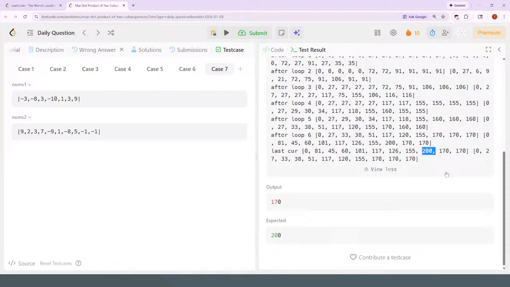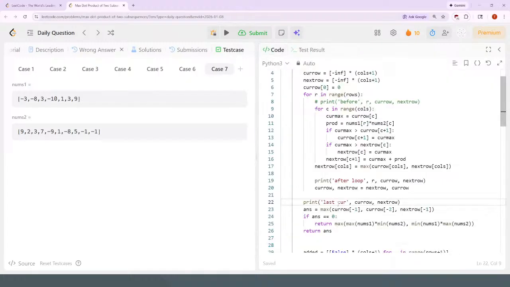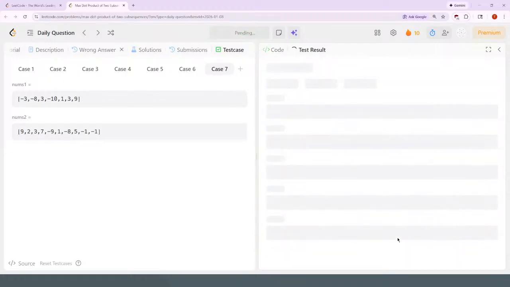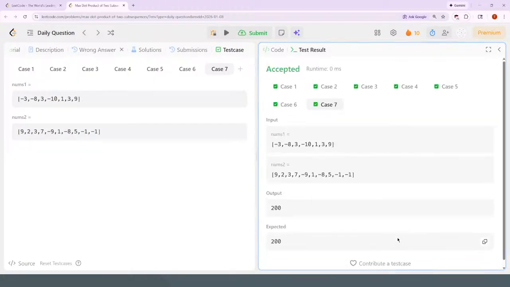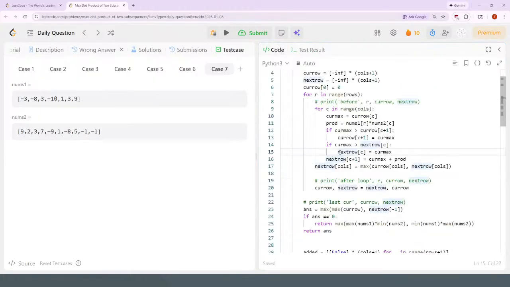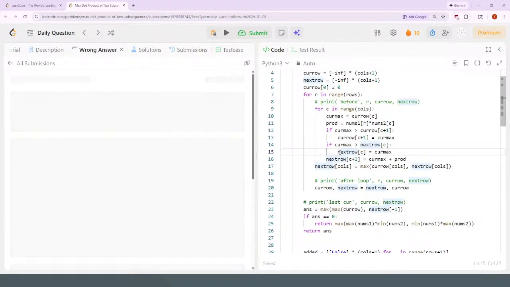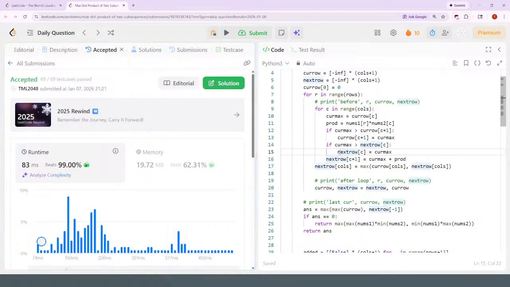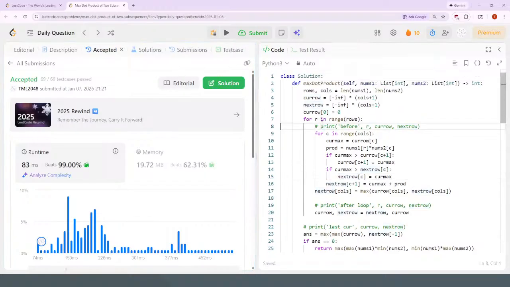So does it push the last thing? Alright, fine. You know what? I think it should be just the maximum of the current row. Okay. Alright. You win. Oh. Oh my god. That was,